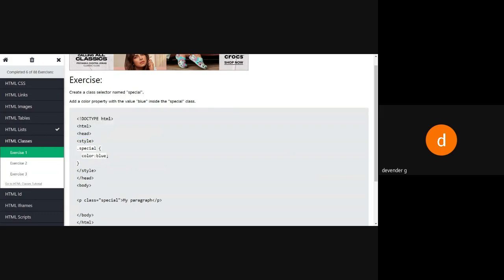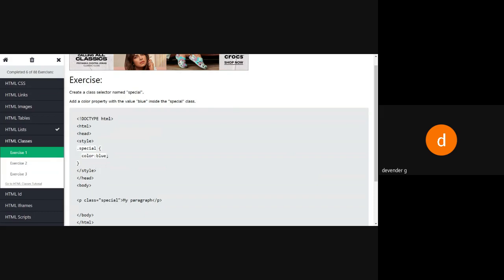So in the style I have to write this. He was saying that for the paragraph this color should be applied. So I'm using the attribute called class, and in that the value being given is special. When I'm using the class, I have to say dot and that particular keyword, because this is user defined.